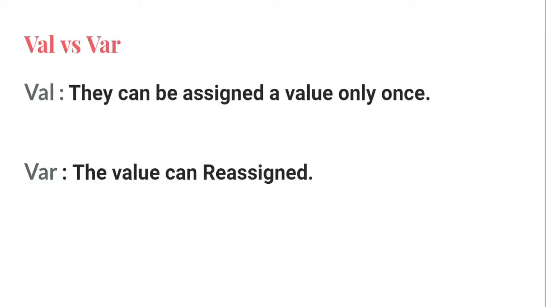So we'll be doing some practical work in this tutorial. In the next slide, I'll just explain the syntax, then we'll see how this works, right? So the thing you want to keep in mind is val is used when the value in the variable will be assigned only once. The value will not be changed, and you cannot change it if val is used before declaring a variable. And if you use var, the value can be reassigned. The value stored in the variable can be changed at a later stage of the program.